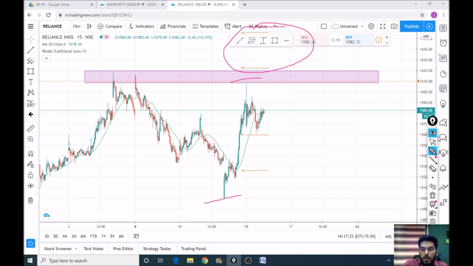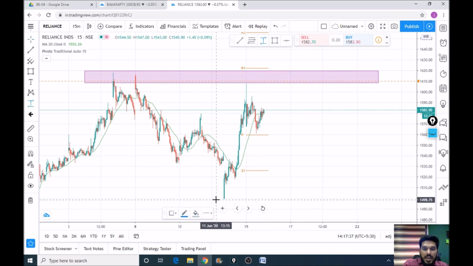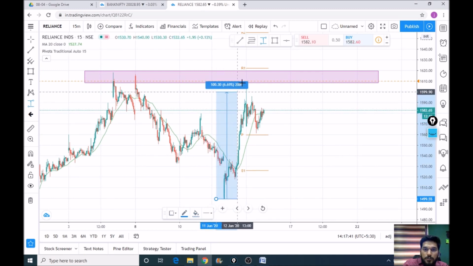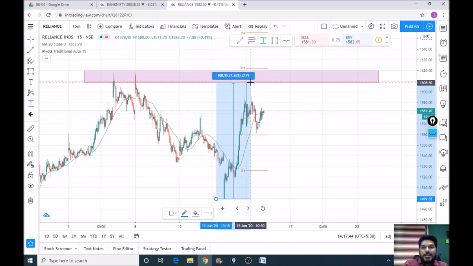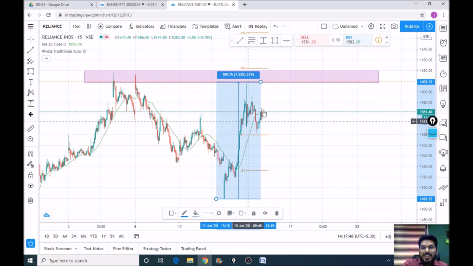How can I know that? Just click on the price range option and drag it from the bottom to the top, and as you can see, it says that the movement has been close to 7.32%, that is 100 points. So it helps you in tracking the price movement.